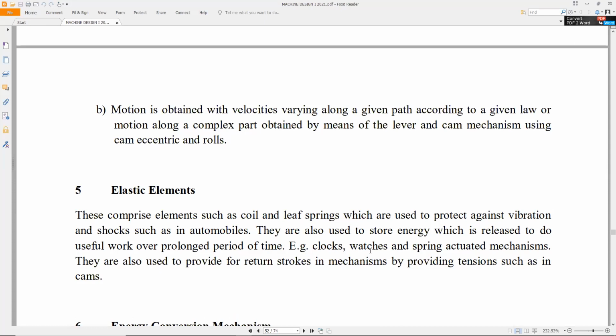Examples are clocks, watches, and spring actuated mechanisms. They are also used to provide for return strokes in mechanisms by providing tension, such as in cams. For instance, in the automobile again,